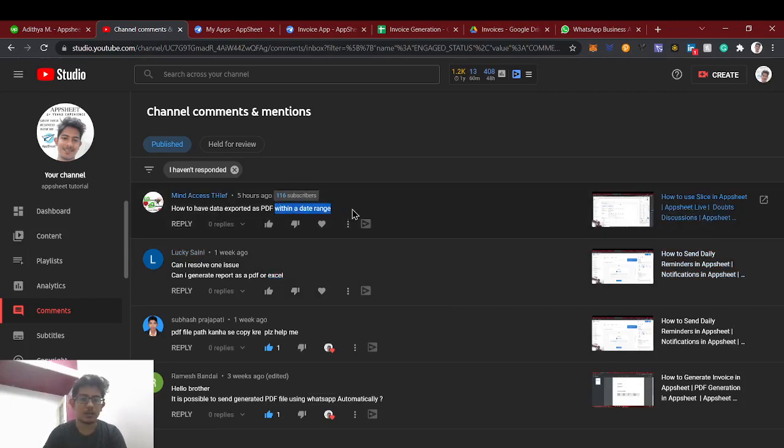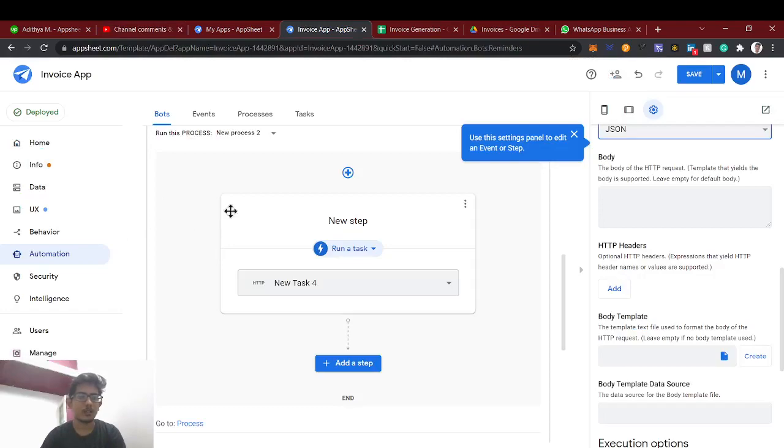So yeah, I will try to cover this also, how to filter the date range of this generating the PDF. Okay guys, so let's get started, how we export a PDF. Okay, so first of all we need